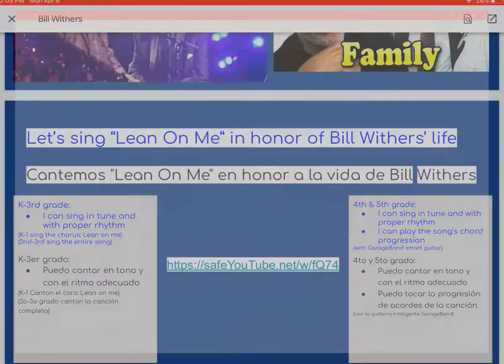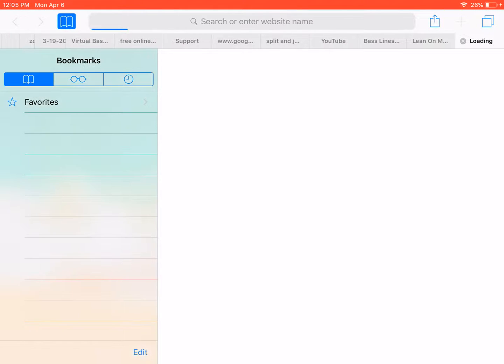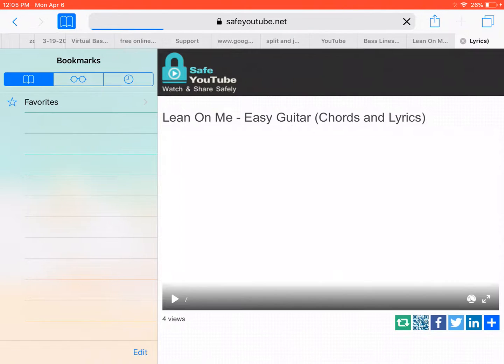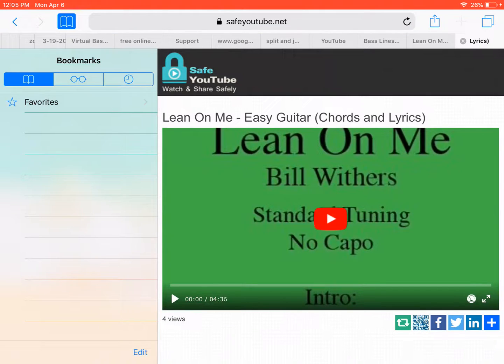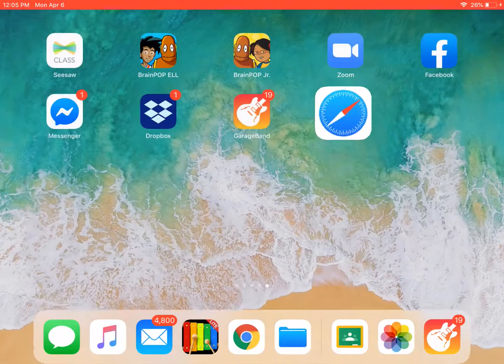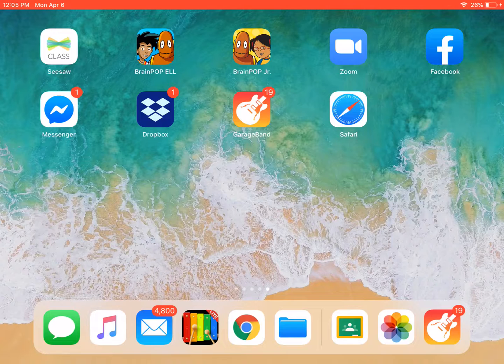So we're going to click on the SafeYouTube link. I'm going to get that opened up. I want you to notice that it opens up in Safari. Now, why do I want to pay attention to that? Because what I'm going to do now that I have that ready to go is I'm going to go back